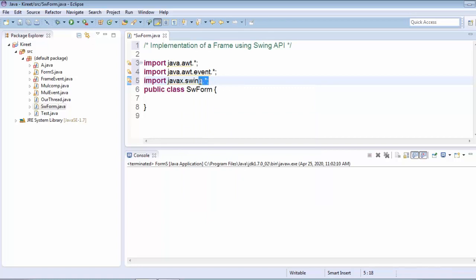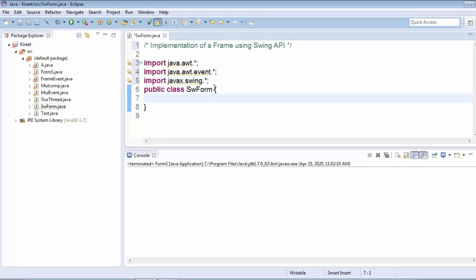You have to be careful in importing Swing classes: you have to use this x here in spite of writing java. This x stands for extended, because Swing is the extended version of AWT, so they have used javax here.